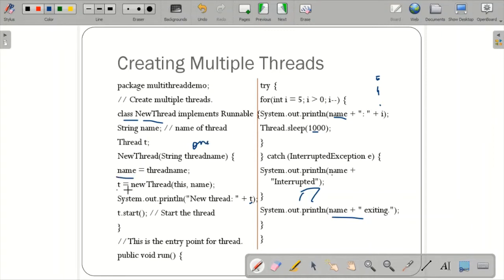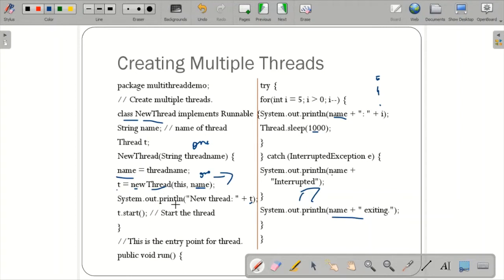And t is equal to new, a keyword, and then I call the thread constructor with this and name. So name is now 1. So new thread this comma name, where name is 1. When you write this particular statement, what is it telling? Now your thread is ready for execution.